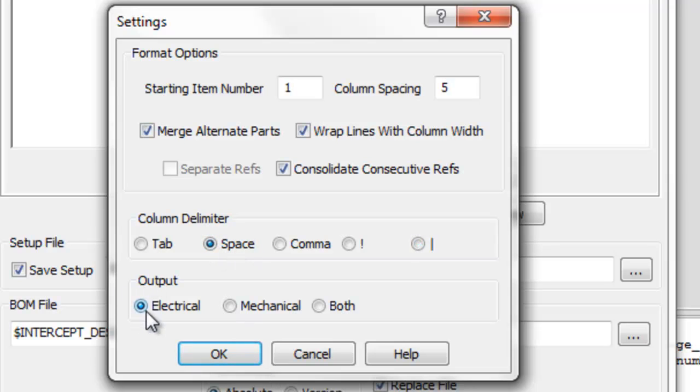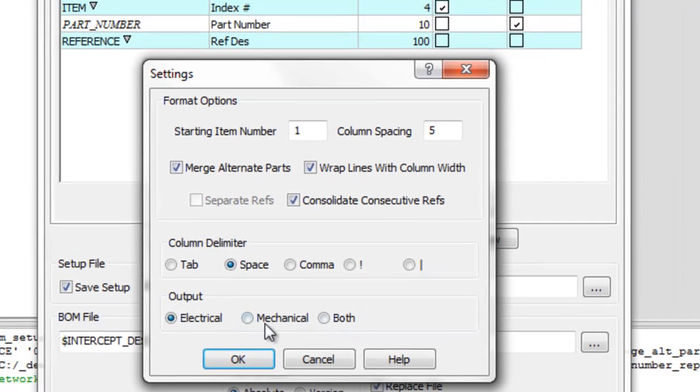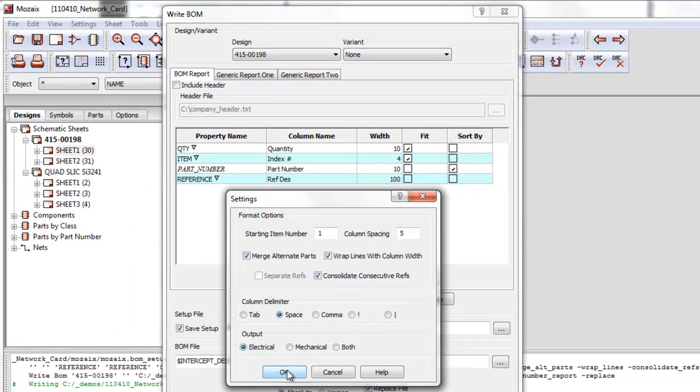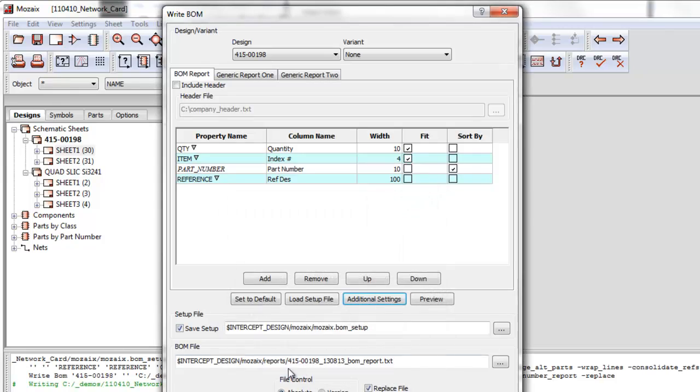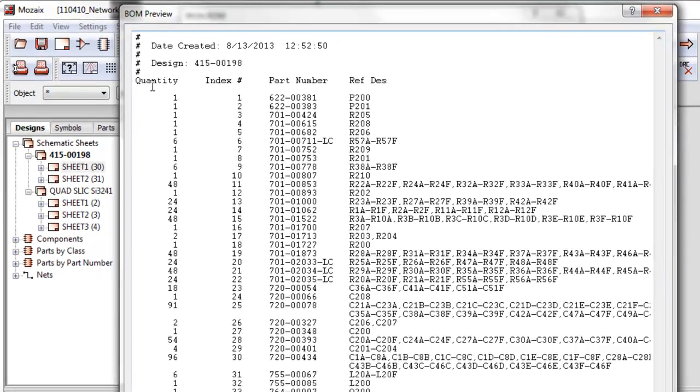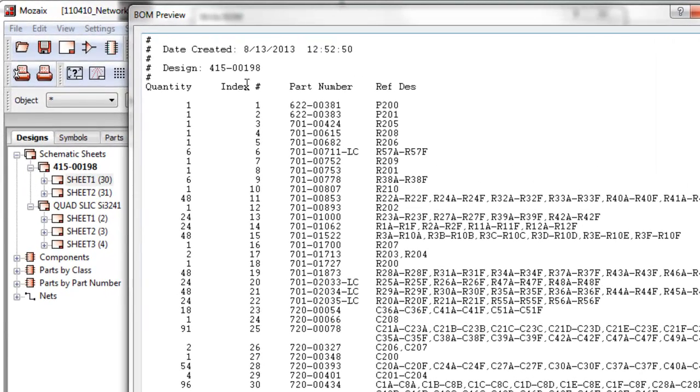The output, most people use the electrical bill of materials output. If you'd like to understand more about mechanical, please refer to the documentation. For here, we're just going to keep it simple. So let's go ahead and preview this bill of materials, and I'll describe a little bit. Here you see the fit settings again working, output by part number consecutively, and here is the consolidate consecutive references,